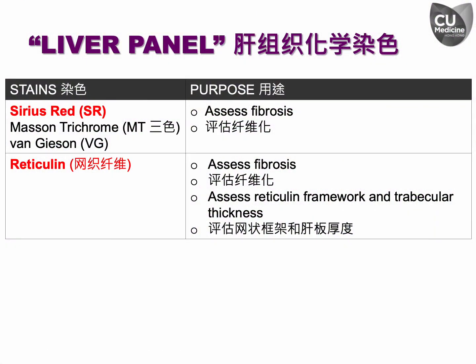Masson's trichrome stain is a widely used connective tissue stain in liver pathology. Its primary objective is to highlight type 1 collagen, typically appearing greenish or bluish in color. This staining helps identify normal structures such as portal tracts and terminal hepatic venules, evaluate hepatic architecture, assess fibrosis severity, and distinguish between necrosis and fibrosis.